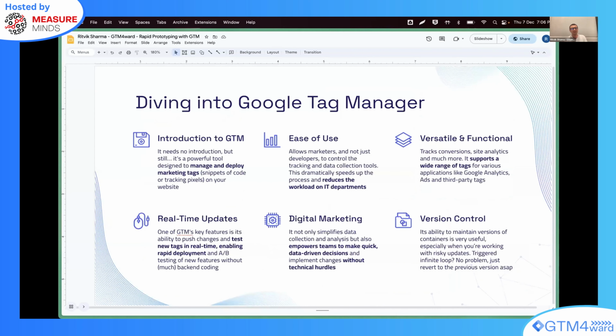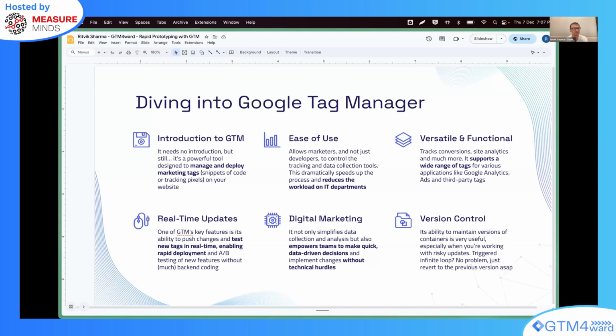With that aside, let's dive into Google Tag Manager. What is Google Tag Manager? I don't think it needs an introduction, but there may be a few new folks joining in. So I would just give a quick summary that it's a powerful tool designed to manage and deploy code level changes primarily on websites.